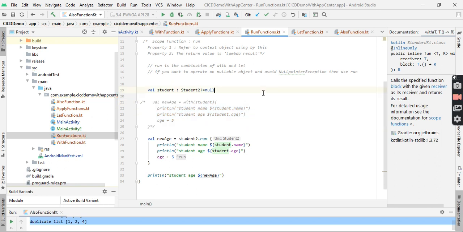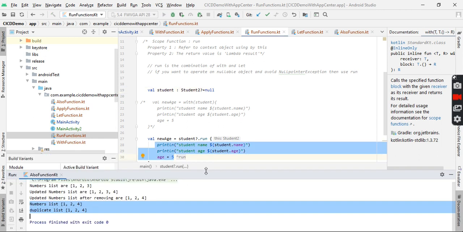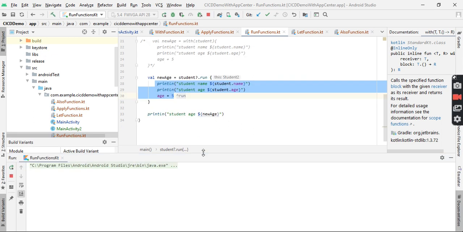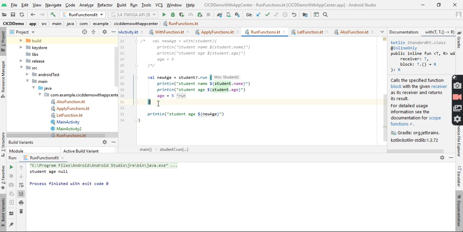If we try to run this program, you can see that nothing will be executed here. Student is null. As we saw in the let function, we can use the Elvis operator here. "Everything is null" is a string defined by me.